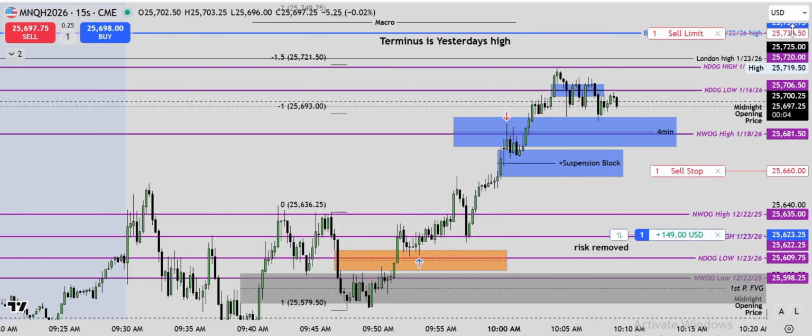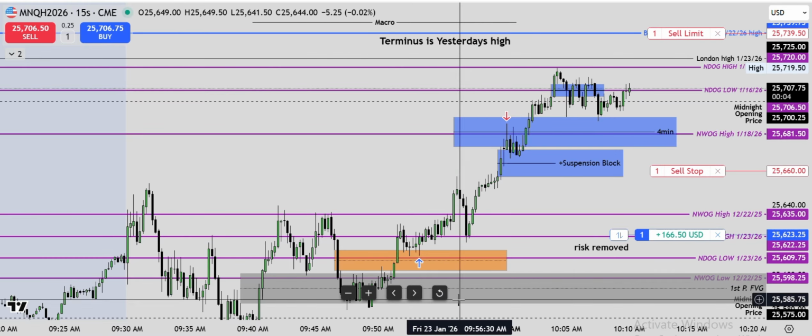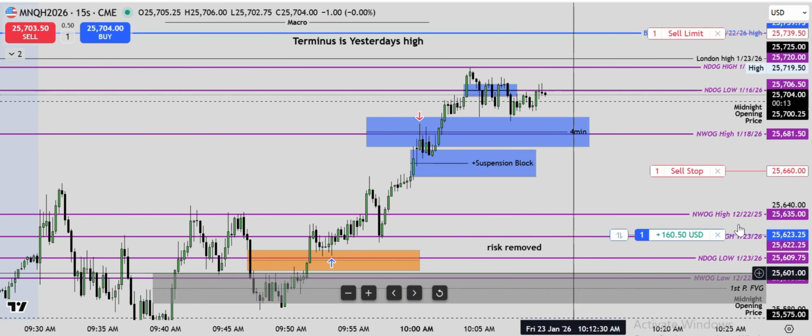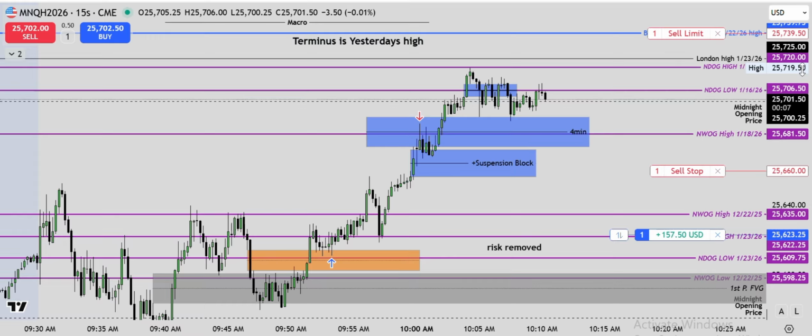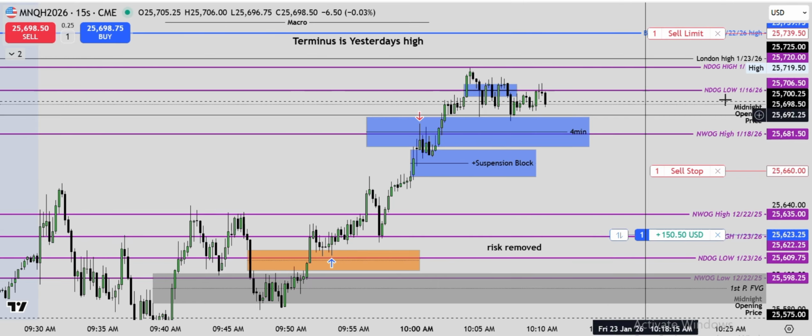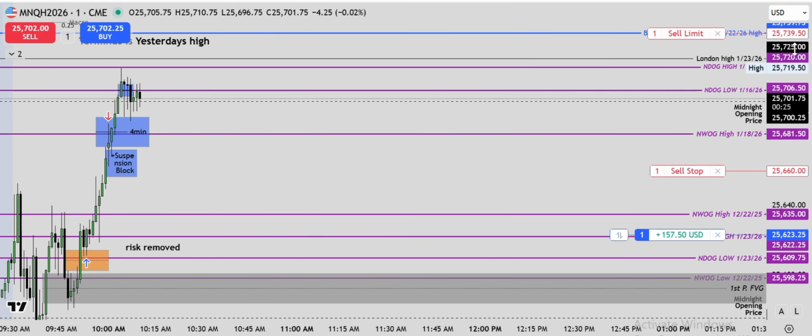Again, we still haven't hit my original London high target, so I would like to see price at least reach up to there. But I think if we go up to there, this is my thought process, we're going to take out that previous daily high. I think that was from the New York AM session too. Yes, yeah, New York AM session. All right, now we're kind of teetering above midnight opening price and the new day opening gap low. And this is where,